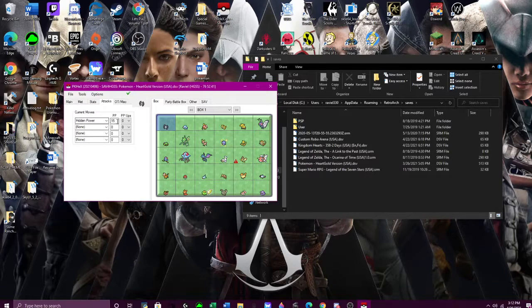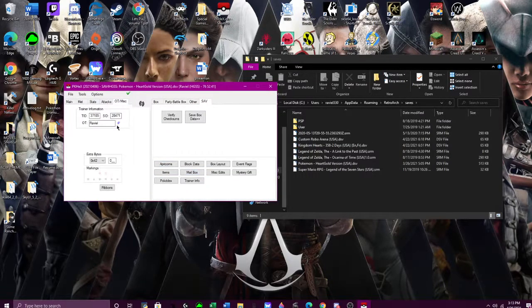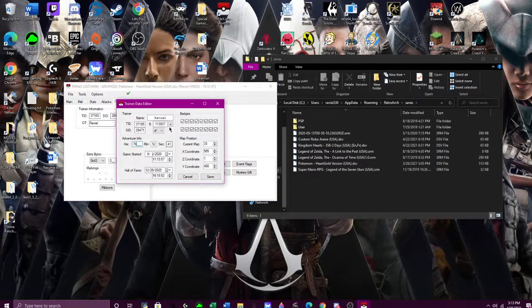You can change move sets, PP amount, how many PP Ups you've used on it, the trainer ID, the SID, original trainer name. I don't think you can change the original trainer gender. I think you have to change that itself first. And you can change its markings and what ribbons it has. So in order to change the original trainer, I think you actually have to change the trainer info here. Because as you can see, you can change your name, your TID, your amount of money, your SID,